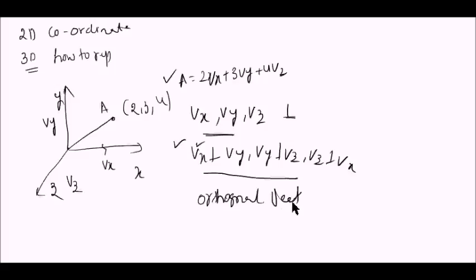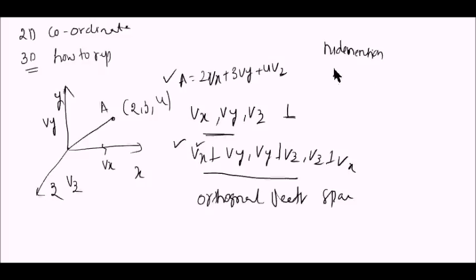Orthogonal vector space is nothing but a complete set of orthogonal vectors which will be able to represent any vector in that dimension. If you take a three-dimensional coordinate system, we can represent any vector using Vx, Vy and Vz. If you take a two-dimensional coordinate system, we can represent anything using Vx and Vy. Similarly, if you have an n-dimensional coordinate system,